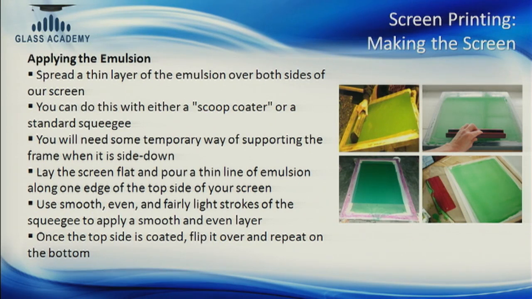This can be done with a scoop coater, and you can have automatic machines to do it. For smaller frames, that may not be essential, but for larger frames where manual coating may not be consistent, machines are important. And the process is easily explained in the slide, that you coat it and support it side down, and you have to pour a thin layer of emulsion on it. There are various kinds of emulsions available, and the coating thickness is also mentioned according to the emulsion.